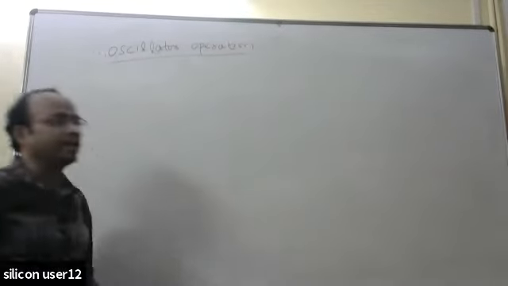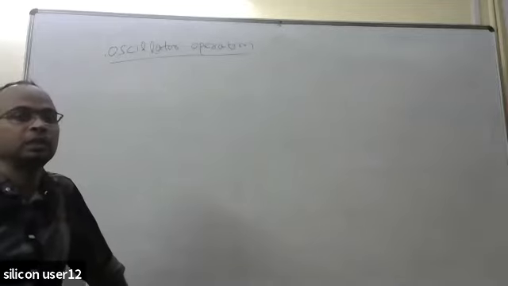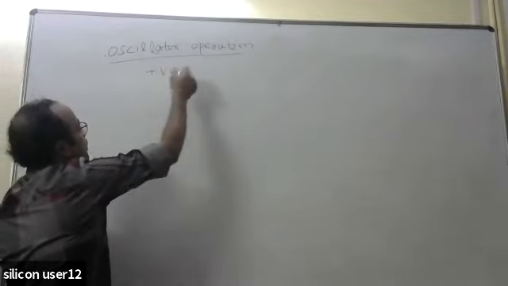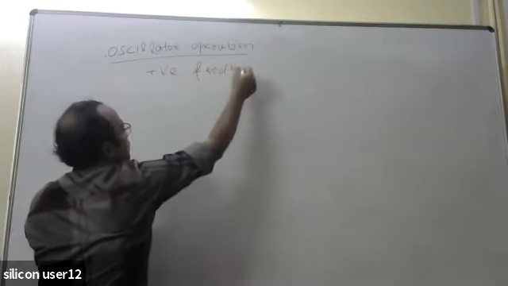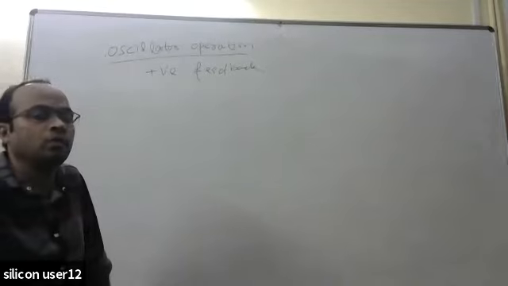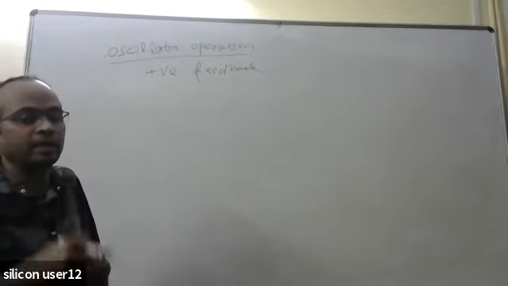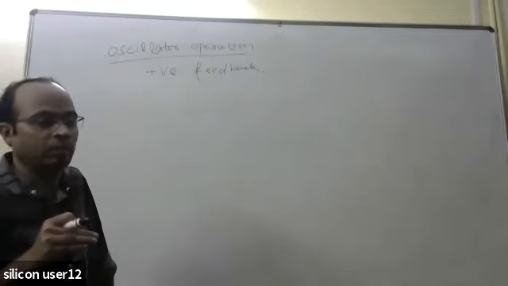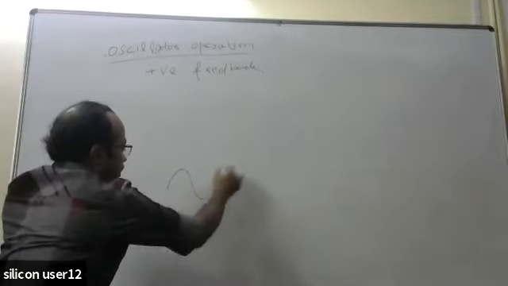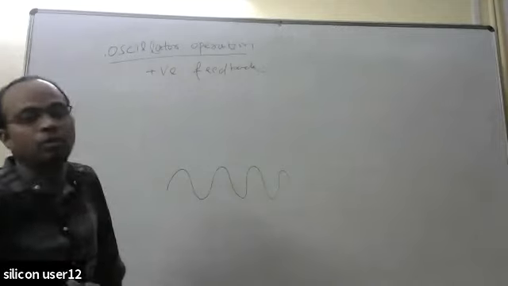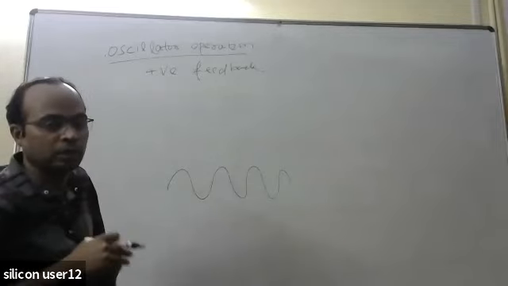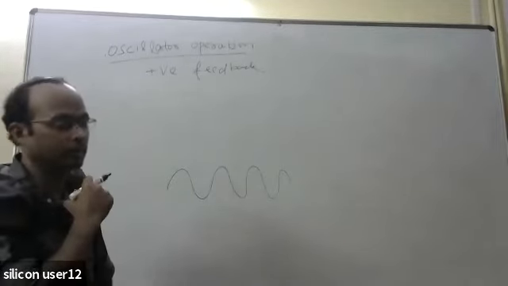So this basically, I have already told you, the oscillator is based on the positive feedback principle. And its output oscillates between two different voltage levels. Like, as the name indicates, the output oscillates between two different voltage levels. Let's say a sinusoidal wave kind of output is generated. That means the output is varying between a minimum and a maximum value. So the output is oscillating between two extreme values, and that's why the name says oscillator. It oscillates.